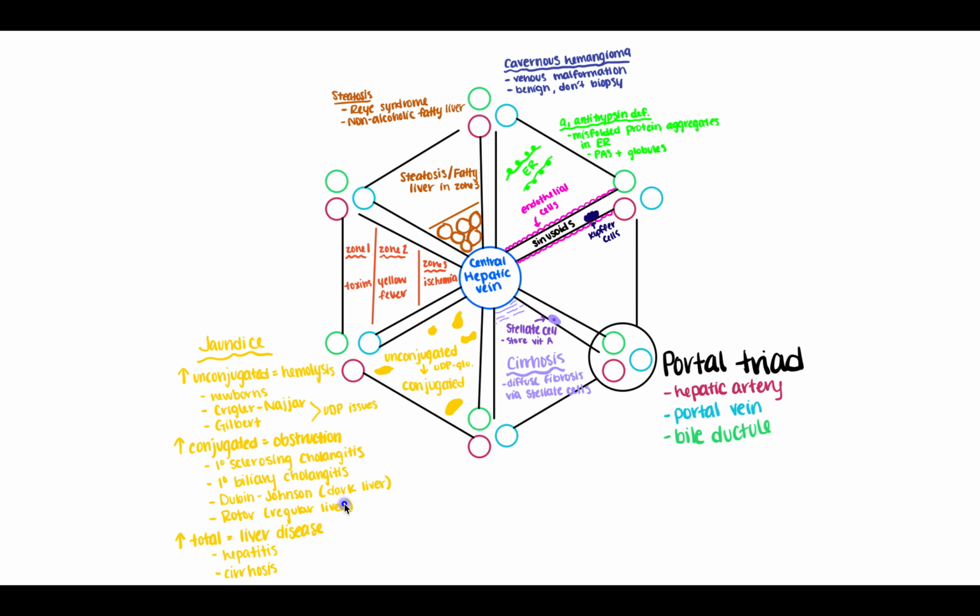This is looking more at the specific, like zoom into the liver, what are we looking at? And so I have some things here labeled. We have the portal triad with the artery, vein, and bile duct. I put in the different zones. So you can see this on First Aid where zone 1 has more of a toxin issue. Zone 2 is yellow fever, and zone 3 gets the least amount of oxygen in the central hepatic vein, so